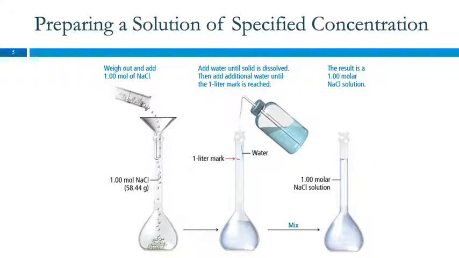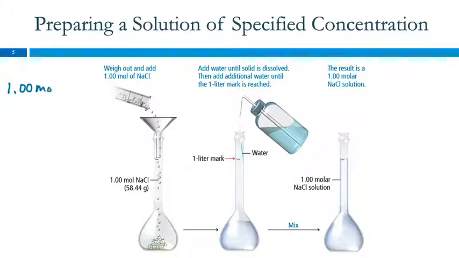Anyway, we're going to use a volumetric flask. The volumetric flask has a very long, skinny neck, so that as you fill it to the last little bit, just 1 drop will cause a noticeable rise. And so we can get a much more precise measurement. This is designed to contain a certain amount of liquid. So this is a 1 liter flask, and if we want to make a 1 molar solution,